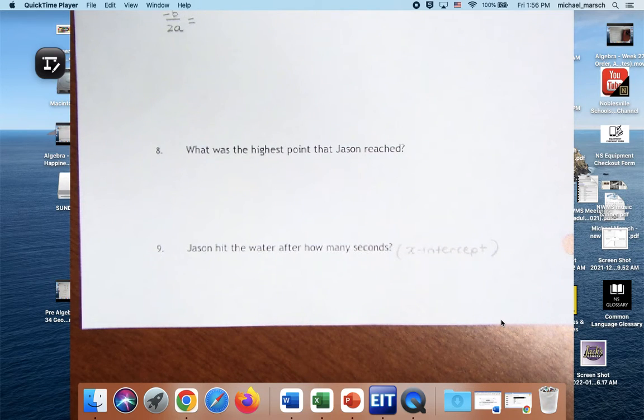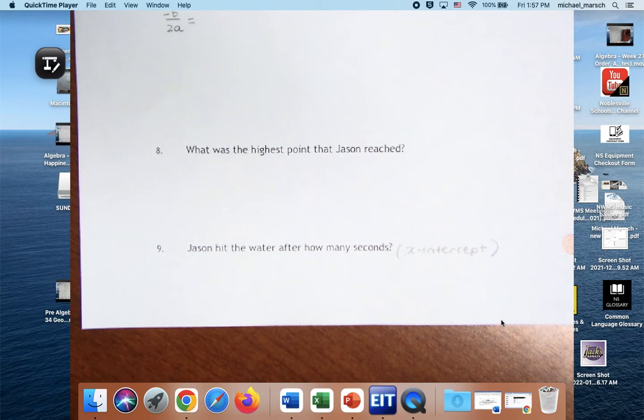Draw another picture for you. So if we have somebody jumping off a cliff, here's the cliff, here's the water, right? Here's the person not making a good life choice, okay? He's going to jump off the cliff and land into the water. So this is the vertex, so this will be the x and y. This is the time and height of his highest point. This down here is when he hits the water. This is my x-intercept